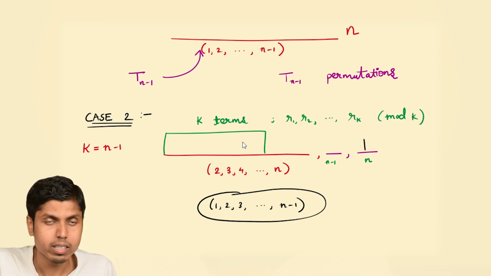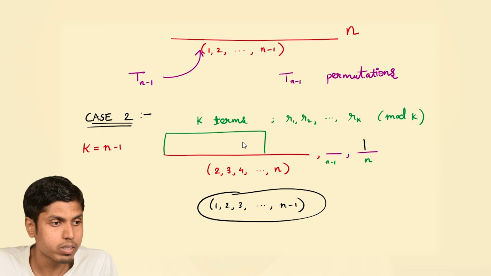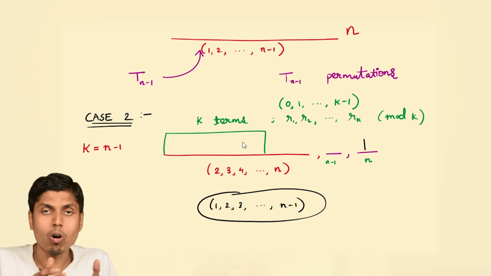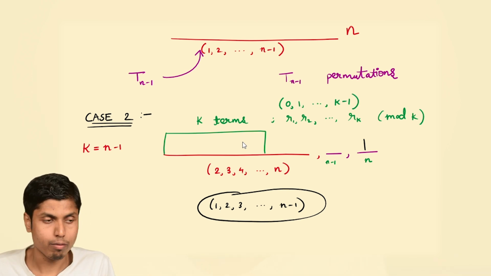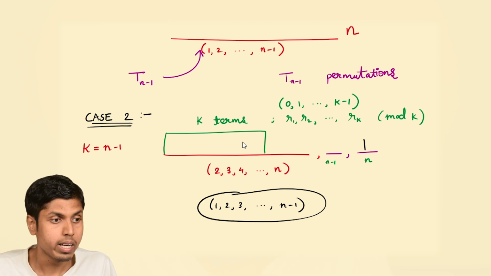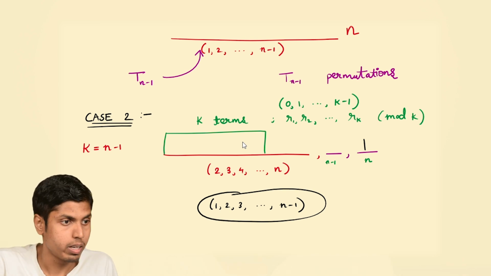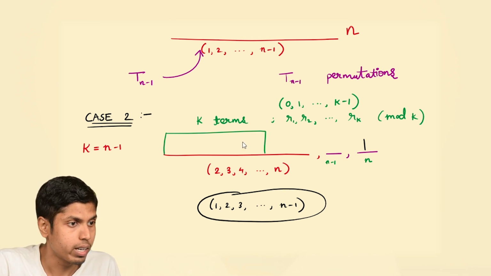We know that these k terms leave the remainders 0, 1, 2 till k minus 1, because all of them are distinct modulo k for it to be a valid permutation. Now, you are decreasing 1 throughout the k terms. Let's see what it